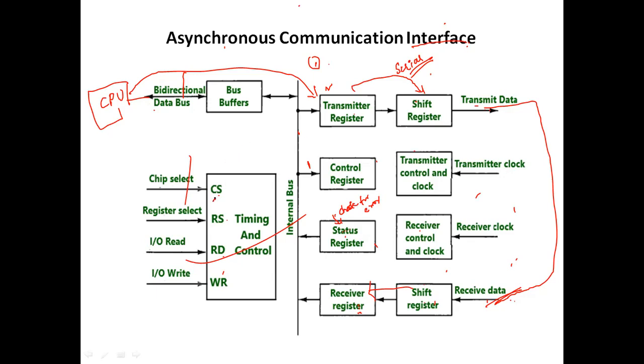Here, the chip select input is used to select the interface, through the address bus that we are giving. That is the purpose of chip select. And here the RS is the register select. This register select is associated with read and write operations on the registers. So this is how the interface parts work.